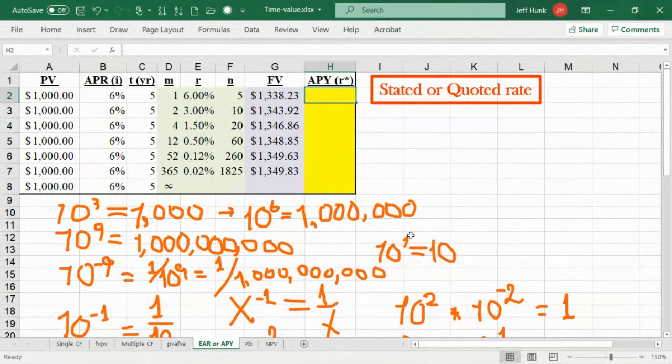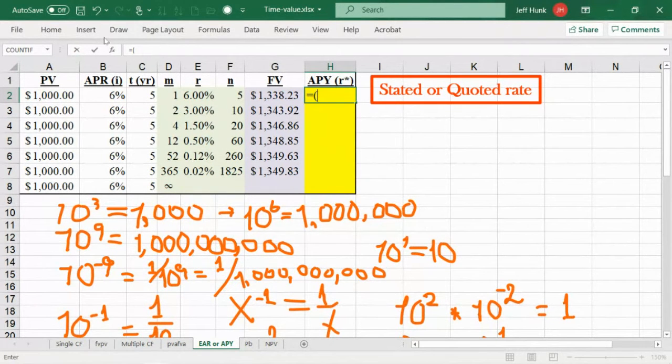So, but we are trying to find just a one-year rate. We don't need T times M, because it's just for one year. Therefore, it is simply,